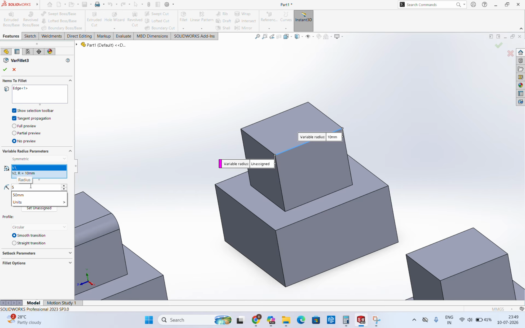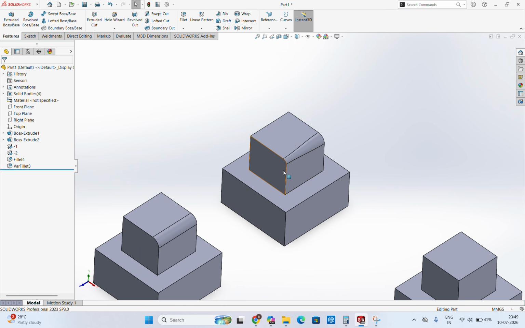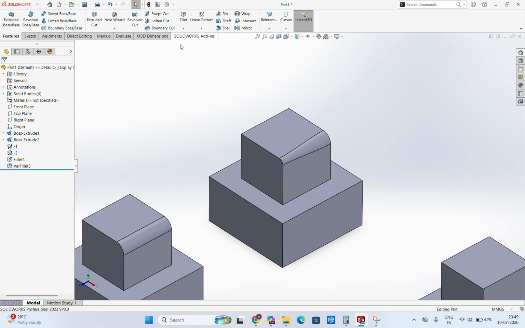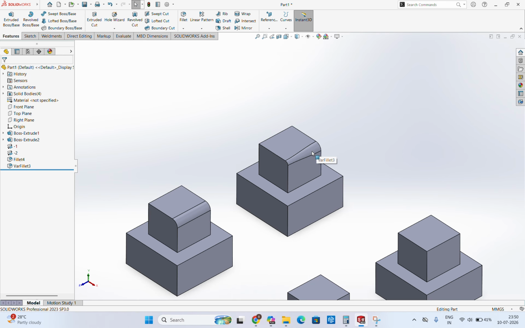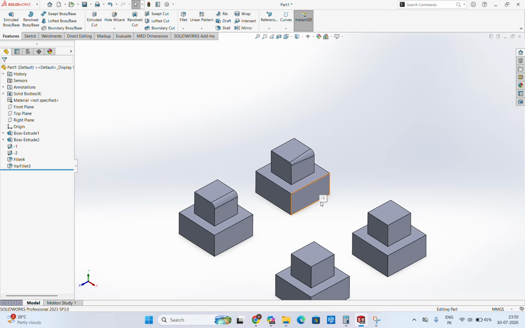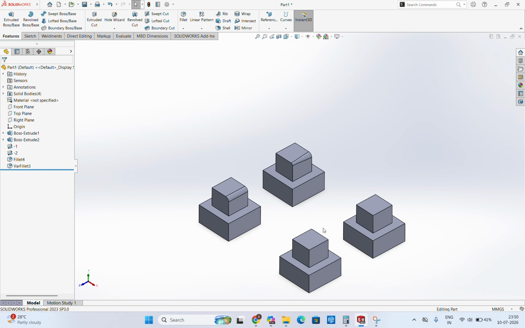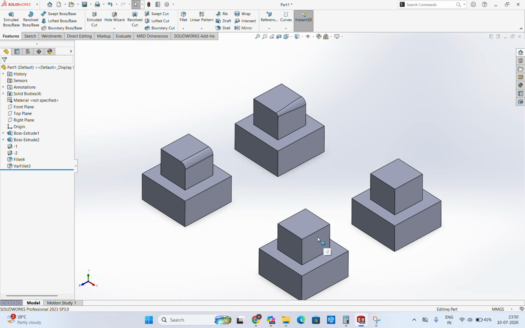I need 5 mm here. This is the variable fillet. Okay, got it. Now we will do a